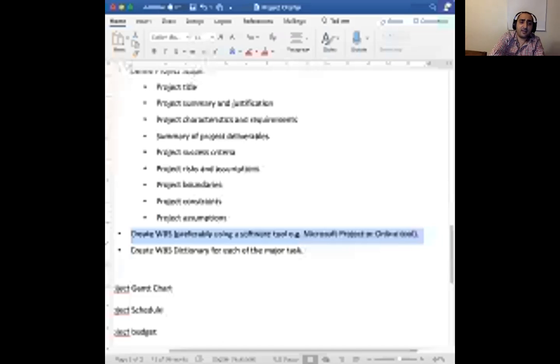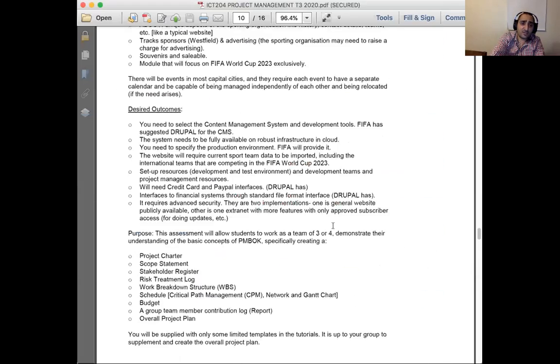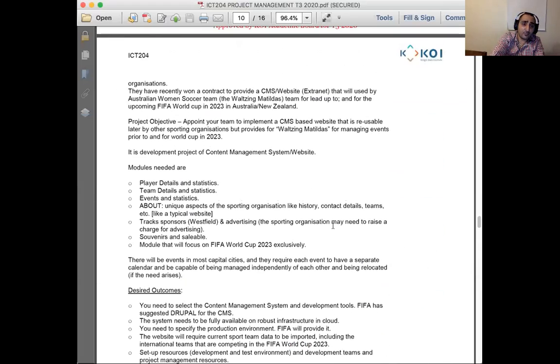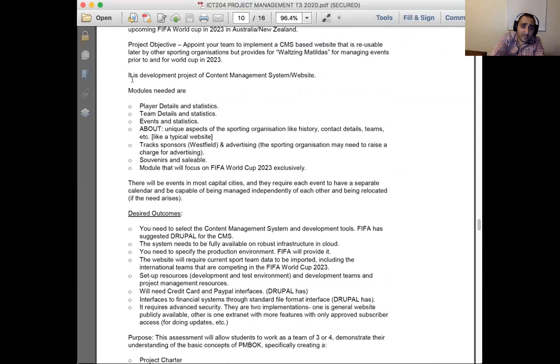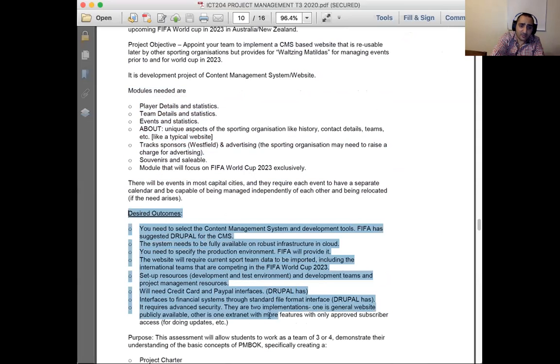I go again and I remind you, you need to apply all of these things that I'm telling you in relation to this case study that is provided to you. We are doing a content management system / website. We need so many modules. Okay, we have those outcomes we want. So the details and the requirements are very clear, and it's about reading them in details to go and incorporate them. Ladies and gentlemen,